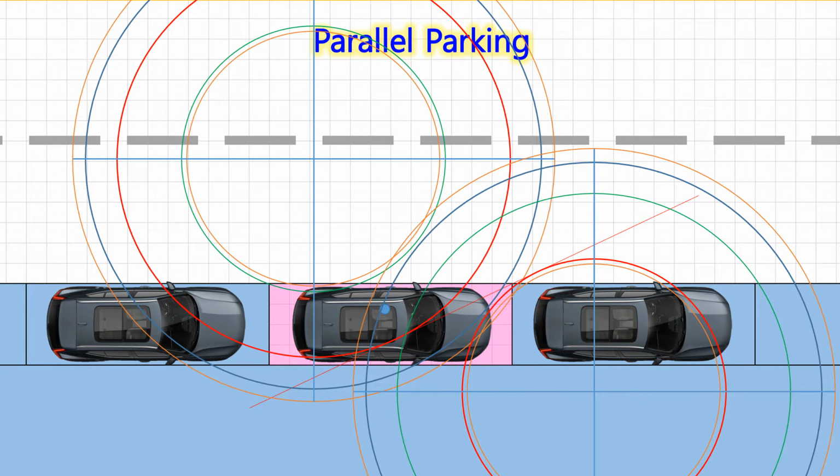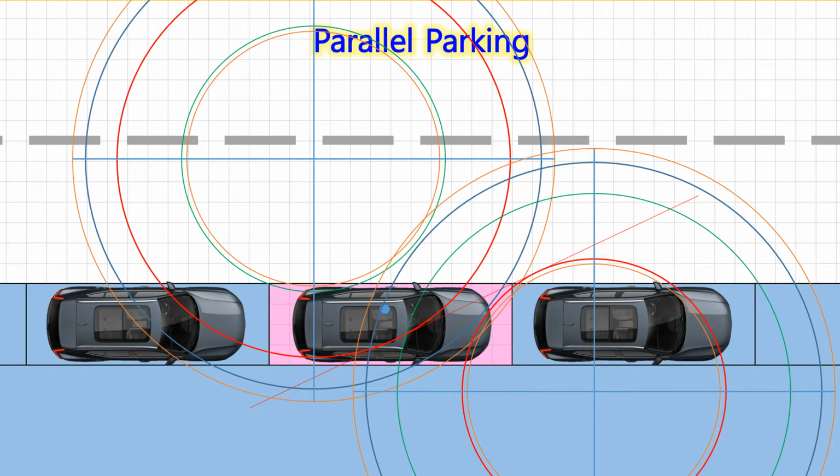This video was made with a same reduction scale in proportion to the actual sizes of the parking spaces, roads and vehicles. And the minimum turning radius used in this video is 18.5 feet for a medium-sized car. You can see there are many turning circles, which are the trajectories made by the wheels passing while the car is turning. Before starting to learn the parking maneuvers, let me show you what the minimum turning circles are, and what important things are to learn how to park.